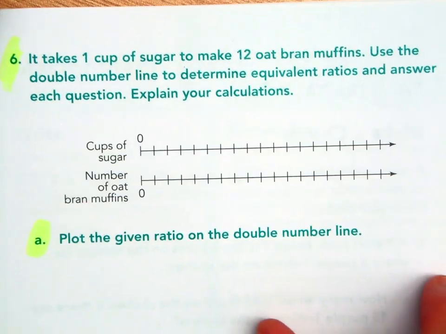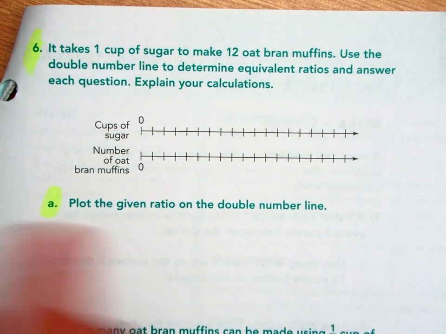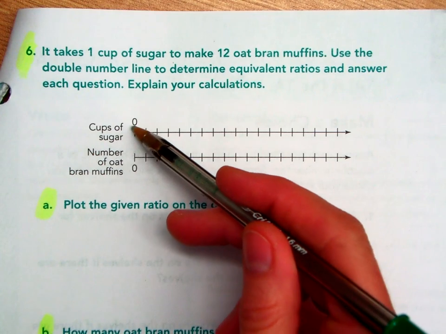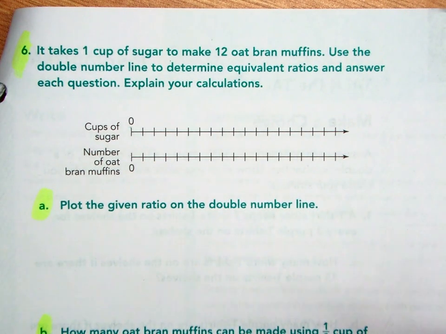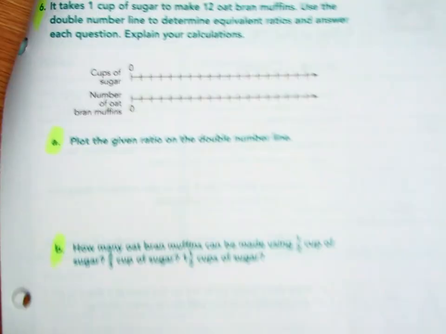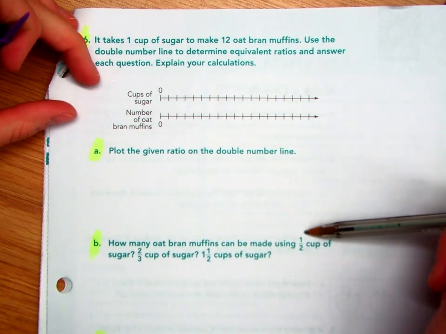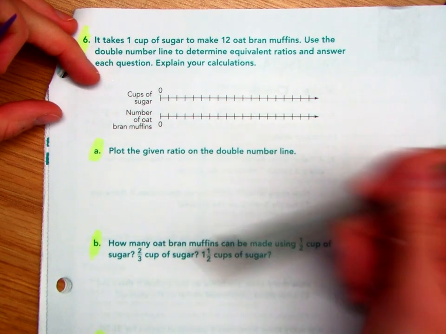It takes 1 cup of sugar to make 12 oat bran muffins. Use the double number line to determine equivalent ratios and answer each question. Explain your calculations. So we've got sugars to number of muffins. Like I told you before, I glance down to see if there's any fractions before I make choices about my number line. I'm going to need 1/2 cup of sugar, 2/3 cup of sugar,